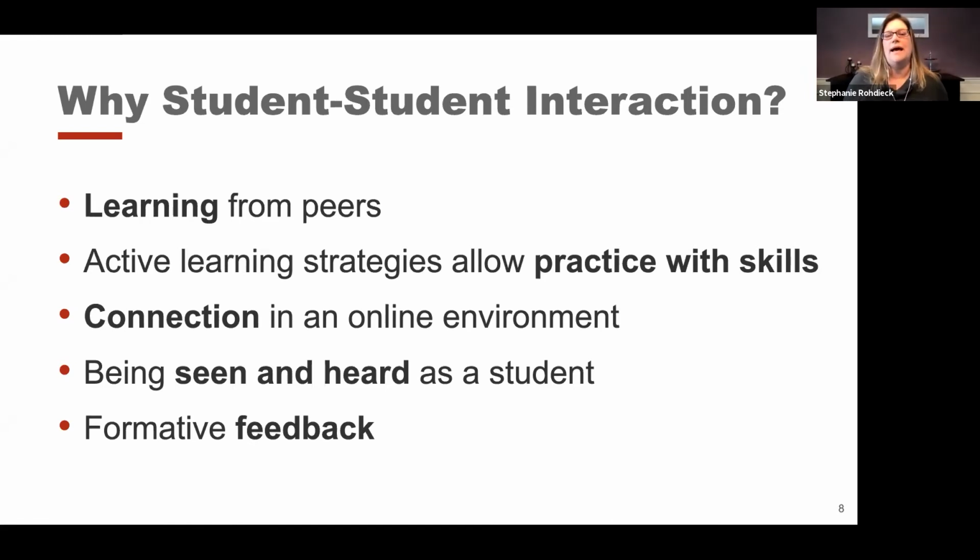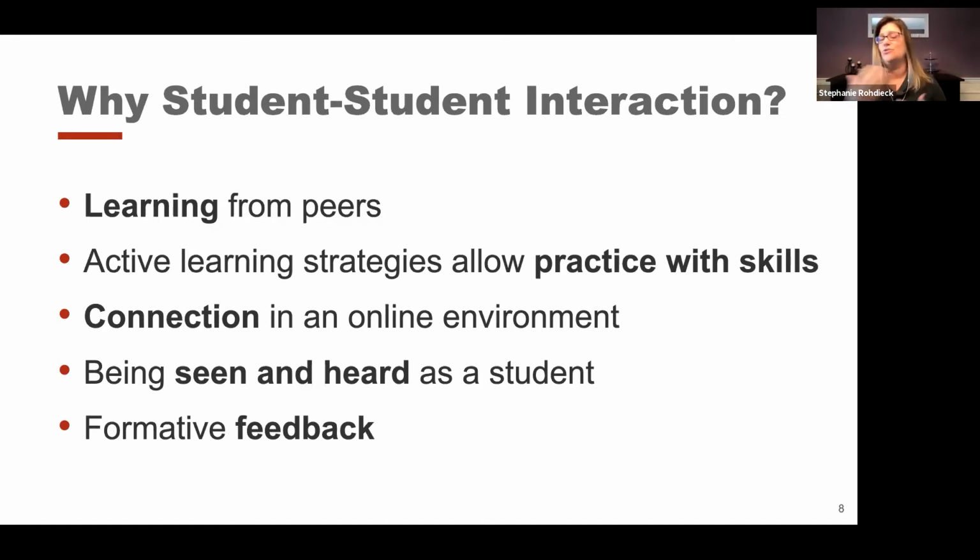Let's talk a little bit about, get out of my annotation tool. Let's talk a little bit about why we're even talking about student-to-student interactions today. So I put on the screen just a whole bunch of reasons why we want, I'm saying student-to-student, but since so many of you are doing this for other reasons, just think about participant to participant, right? When we're doing these kinds of meetings or classes, we're wanting our participants to learn. And there's just an immense amount of data out there to help us understand why this is useful. And generally what we know, hands down, is that learning does happen from peers.